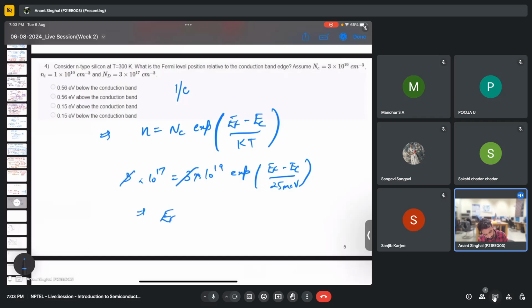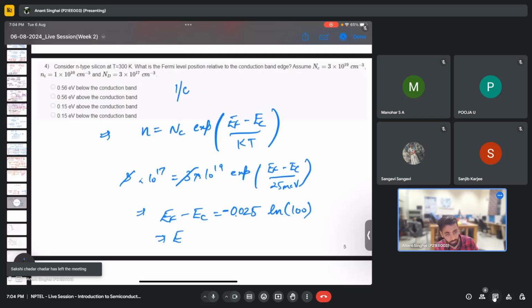I'll get EF minus EC as 0.025 times ln 1 by 100, so that will be minus. So I'll get EC minus EF as 0.025 times 2.303, something like that. Not sure about the value. So this will come out to be 0.15